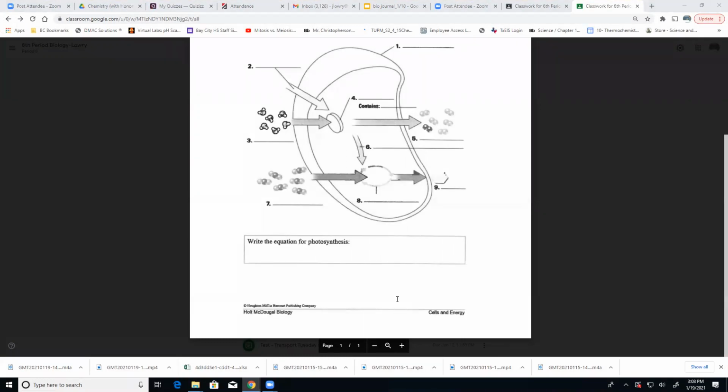Hayden, you need to turn your camera on. Okay, Kaden, you came in late, so you missed some stuff. You'll need to go and watch the video to catch up with that. We did a little bit of notes. We filled in these power notes. So today I went ahead and let you in, but just like if you're tardy at school past 10 minutes, you won't be able to come in. I'm going to go